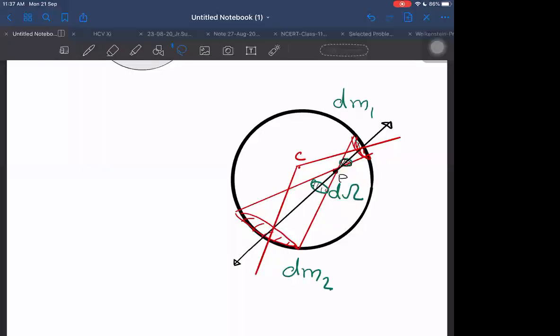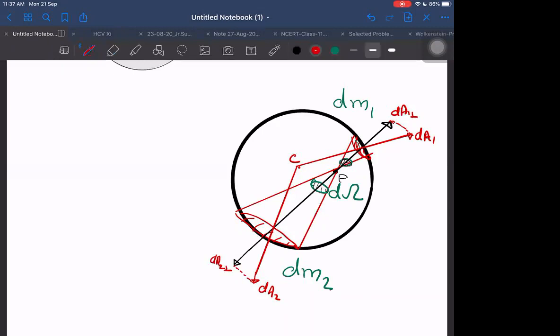Okay, see here. This point C is at the center. If I take a red line coming out of the center, then when it passes through the surface, will it be perpendicular to the surface or not? Yes, sir, perpendicular. Let us call these dA1 and dA2, area 1 and area 2. Now if I take the component of those area vectors along the axis of the cylinders, we will get dA1 perpendicular and dA2 perpendicular. Perpendicular means perpendicular to this black line.